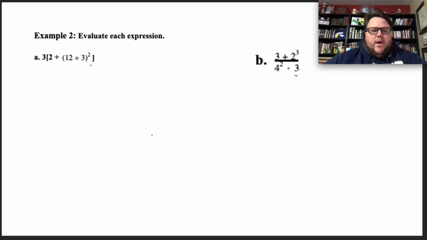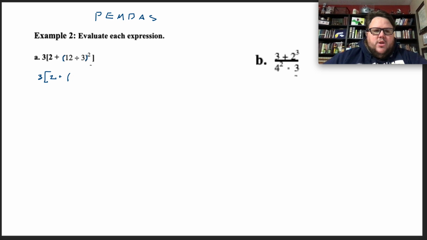So let's do a couple problems together. Remember, what I like to do is write my PEMDAS, just to remind me, up at the top of my worksheet. It helps me to remember my order of operations. So the first thing I notice, are there any parentheses? Well, these brackets are parentheses, and this is a parenthesis. So we actually have two sets of parentheses here. We're going to work this out step by step. The first thing we're going to do is 12 divided by 3, because that's inside parentheses within the parentheses. So I'm going to be left with 3 brackets 2